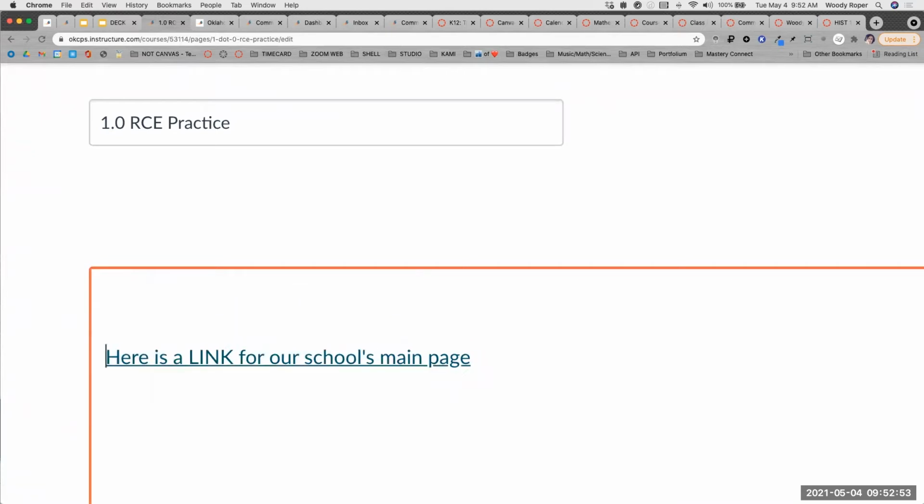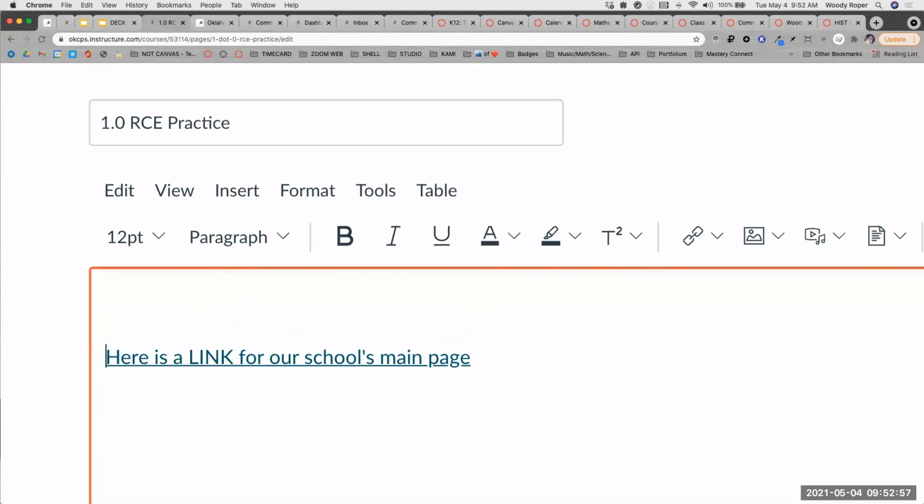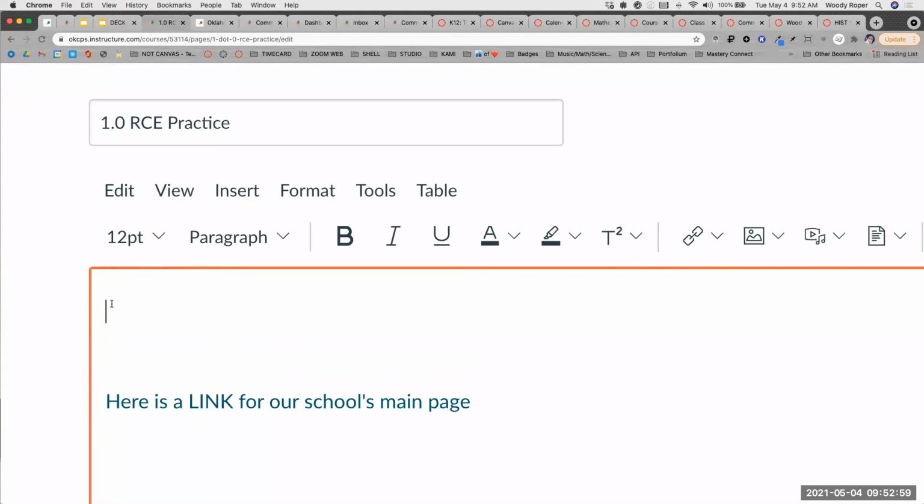So if this link is up here, I'm going to have to put my cursor at the beginning of that sentence, just hit return a couple times and put my cursor above it. All right. I want an image to go above this link. It's like the concept of adding a banner, a button, or an image in a quiz question. It's the same process. You use insert